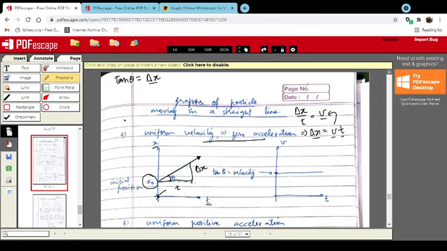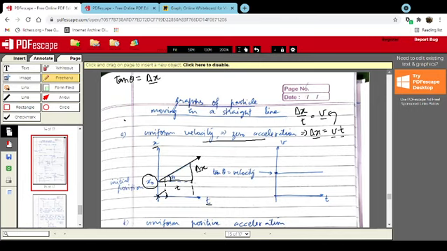The question has provided some initial and final conditions, but graphs are much more helpful in that way. When you look at a position-time graph like the one drawn here, this x and this t graph, the position of the particle is known at each instant. At this instant, the position of the particle is somewhere here; at this instant, somewhere here. So this gives a much more continuous, natural representation of the motion happening in nature.